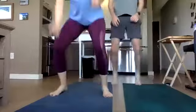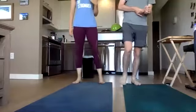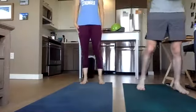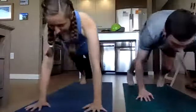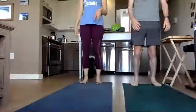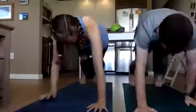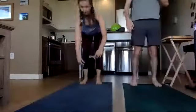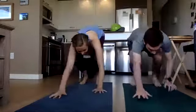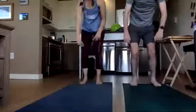3, 2, 1. Coming into the inchworms again. In 3, 2, 1. Walking out into that plank. See, Ryan added a push-up. Feel free to add a push-up. Getting the heart rate up okay here. Good. 3, 2,